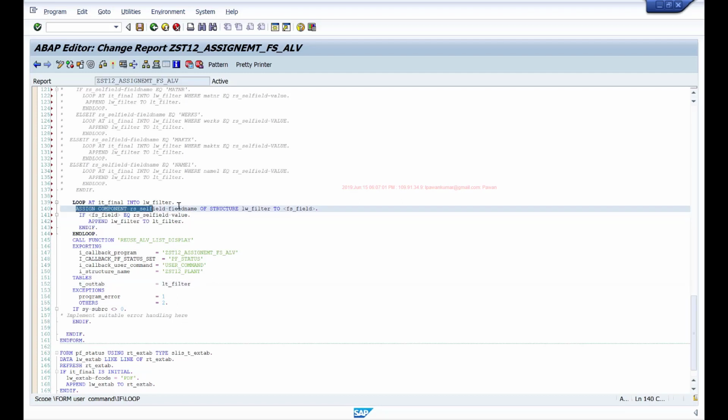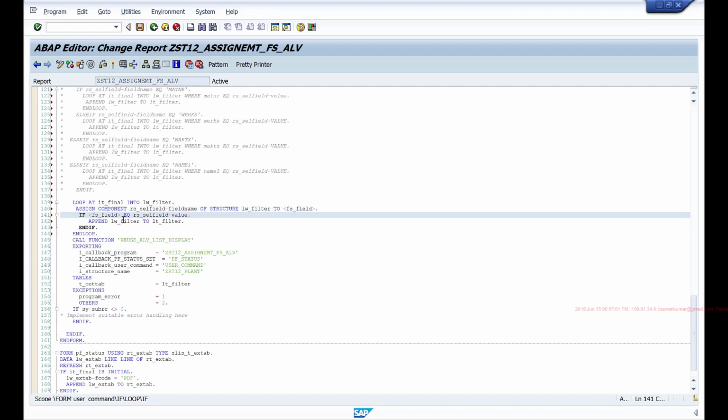So with this way of accessing a field value of a structure dynamically, at this point I really don't know the name of the field in which the user is double clicking. So whatever name is double clicked on, I'm assigning that field value to my field symbol and then comparing that to filter out the records in my internal table. So let's see how this works.